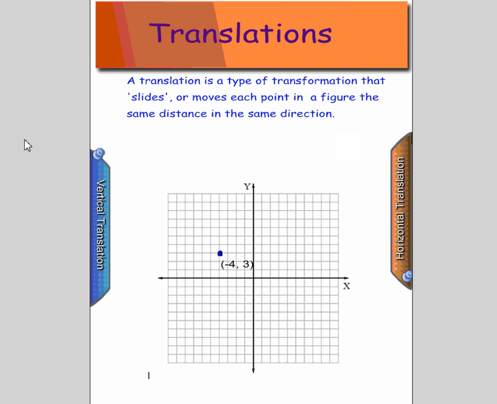Today our topic of discussion is translations, which is a type of transformation that slides or moves each point in a figure the same distance in the same direction. So, for example,